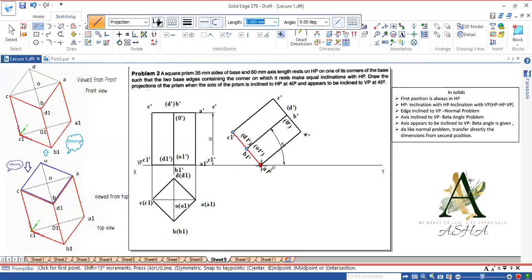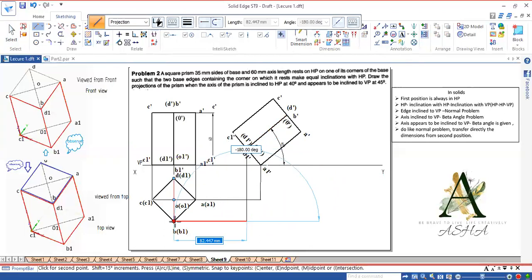First start from A1 dash. A1 is here, so the intersection will be A1. B1 dash, the intersection will be B1. Then C1 dash, again B1 dash.